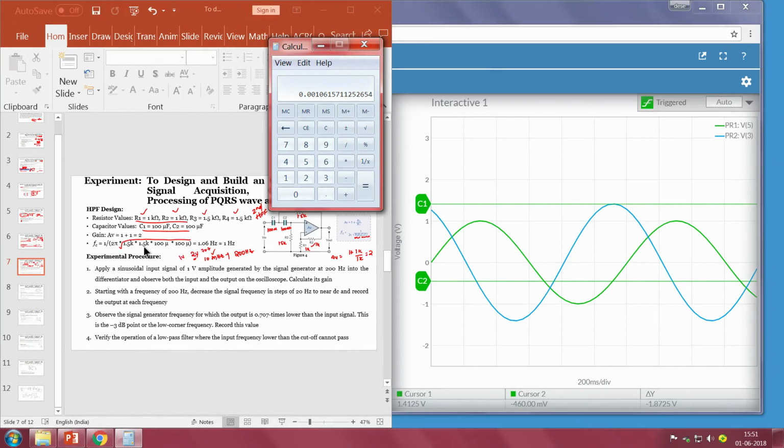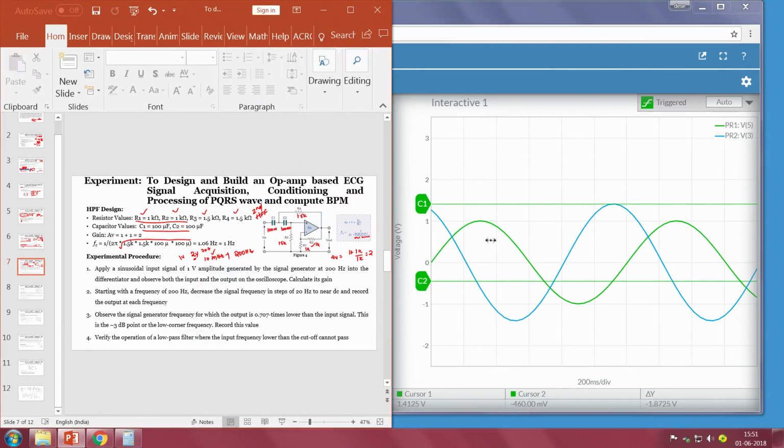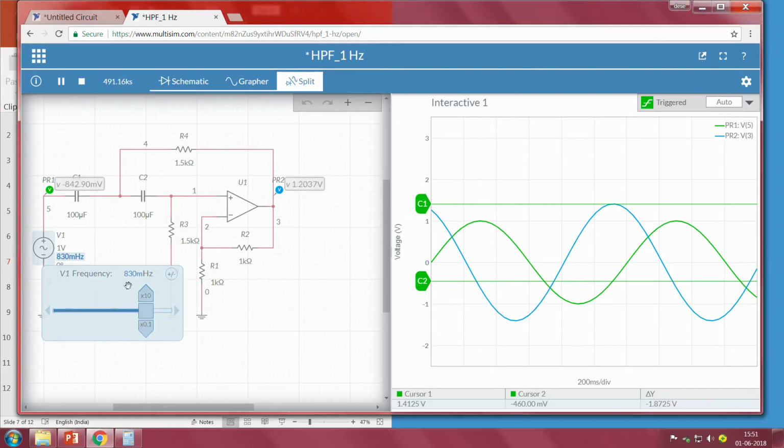Since it is a square root, it will be left with k and micro. So, it will be 10 power minus 3, and when we take it to the top, it will be 10 power 3. So, if I multiply with 1000 into 1000, the value is 1.06. So, whatever we have written was right. Because of the second order filter, and that too a Butterworth filter, but when we did the experiment, we got somewhere around 830 milli, right.